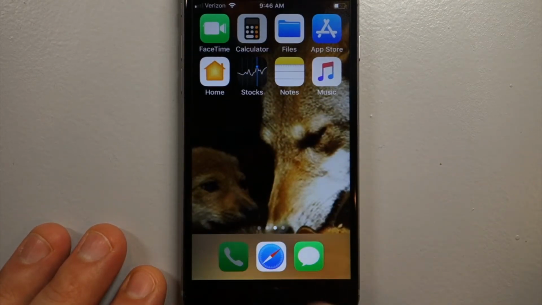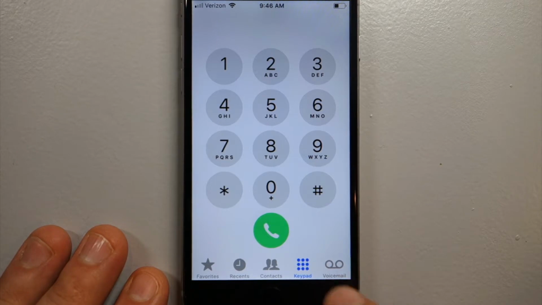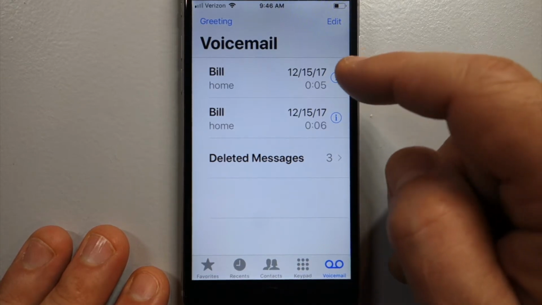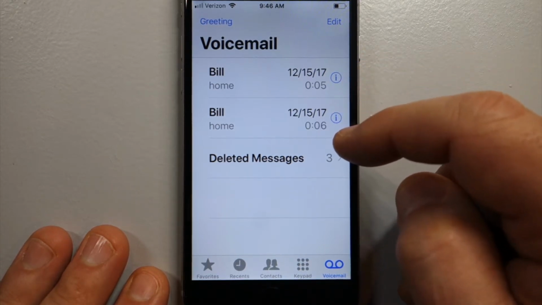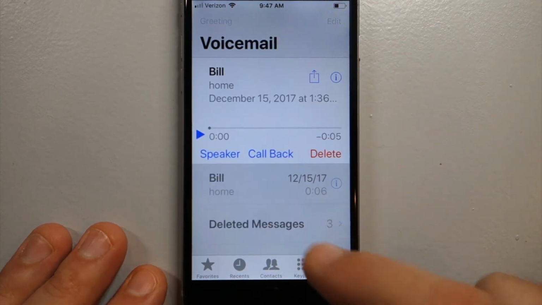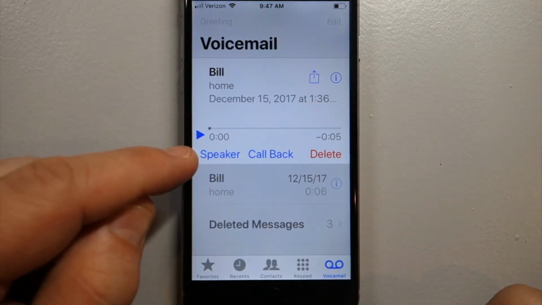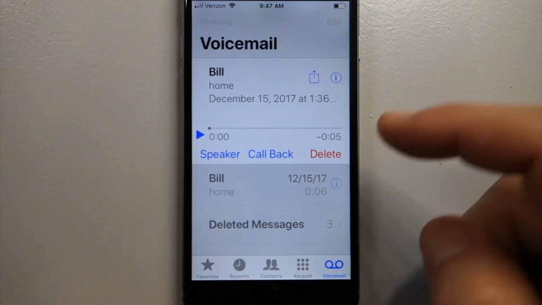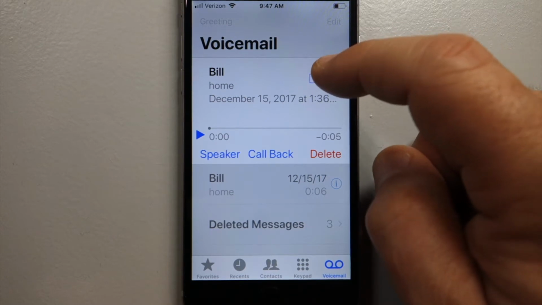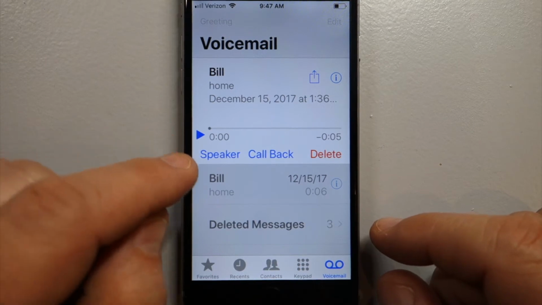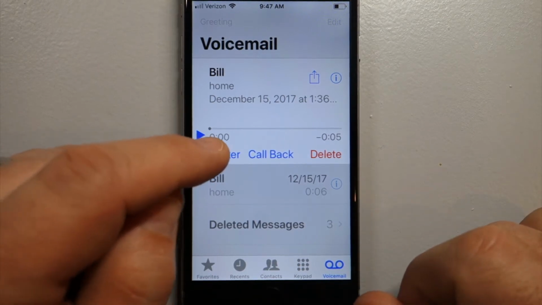Alright, so the next section is about voicemail, and that's this icon on the far right. Go ahead and click voicemail. Now to select a voicemail, you can see your list here. You just click in the open space and it pulls up more information. You have speakerphone, callback, delete, and you can even share the voicemail with someone by sending it to them. If you hit that speaker here,